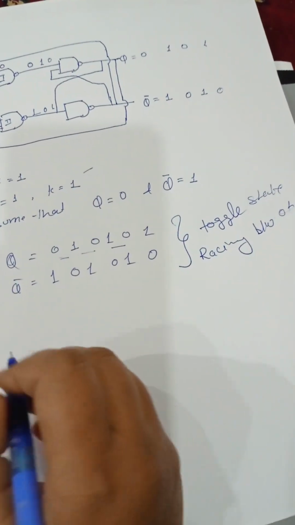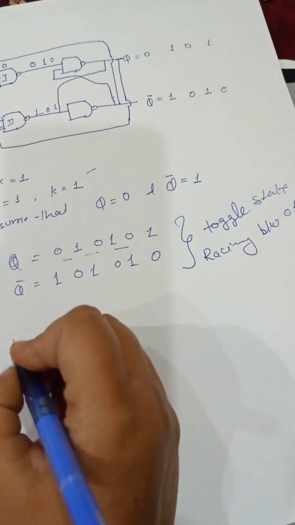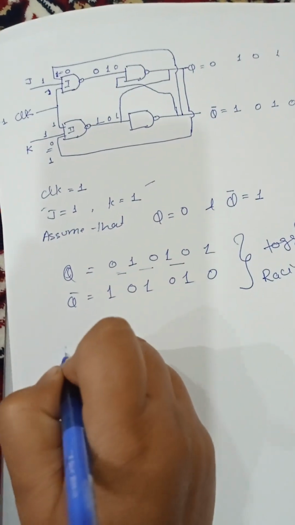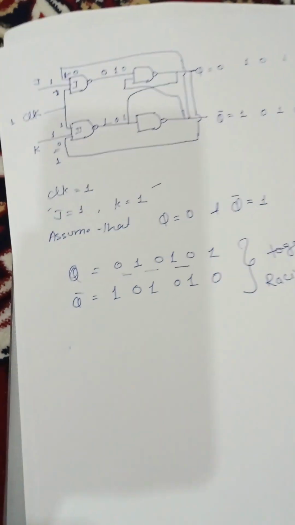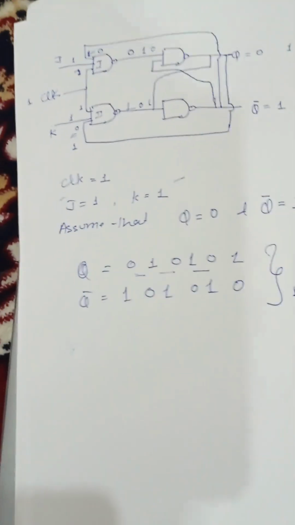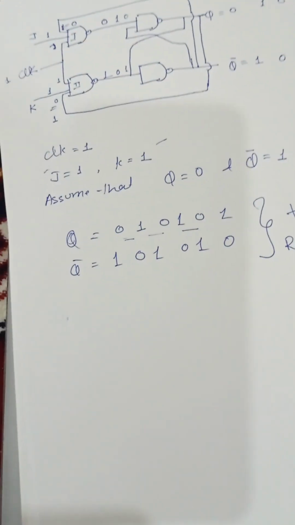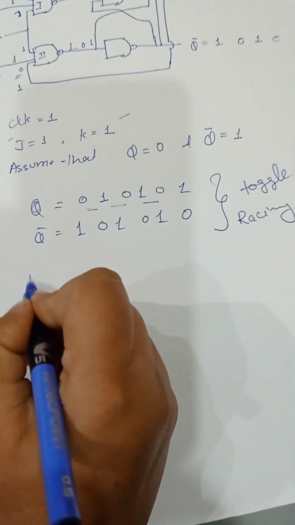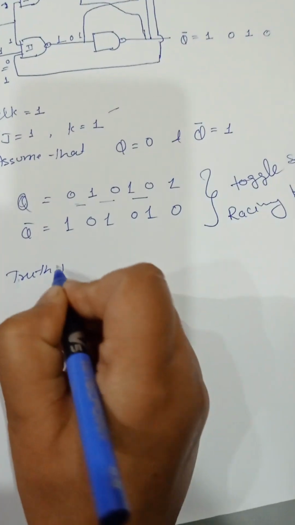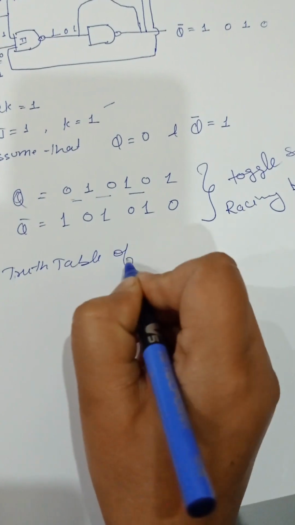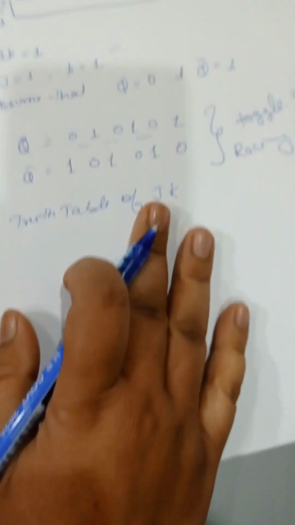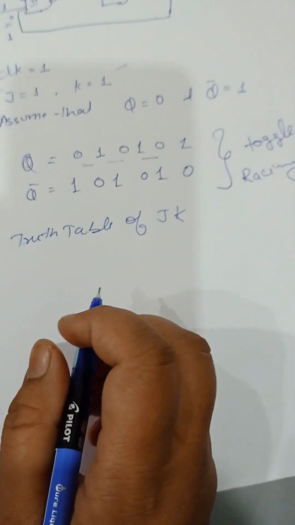So in the truth table of your... Next one is your truth table of J and K. Whenever this J and K has the same truth table as your S and R truth table,